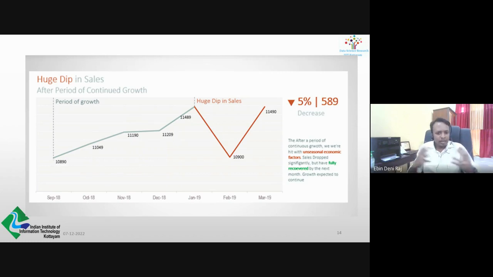So without being a part of this organization, you can instantly understand the story of what's going on in this particular graph. The organization had a period of continuous growth, and then due to maybe economic factors, they had a dip of say 5% in sales, right? Which by March they had recovered. So this is an example of effective communication with data, and this also highlights two equally important aspects of impactful data communication. Not only do you need a graph or graphs that are comprehensive and clear, you also need elements of visual design to create an effective narrative.